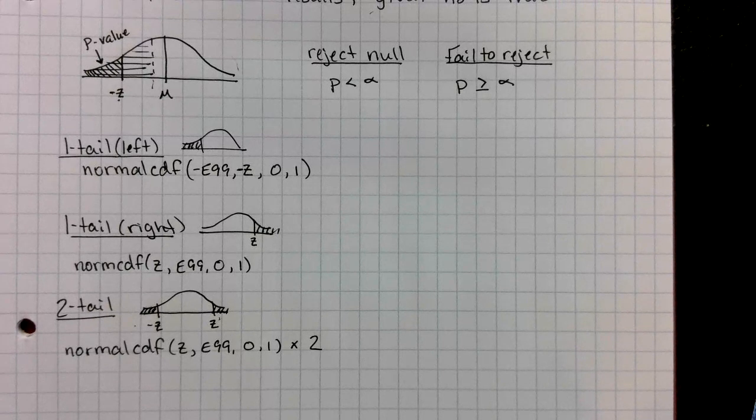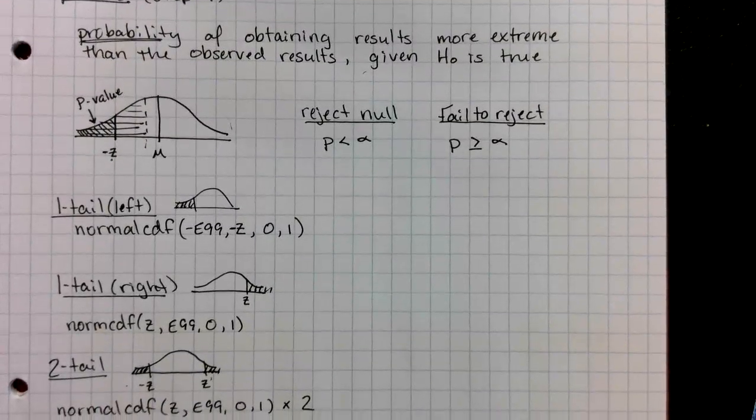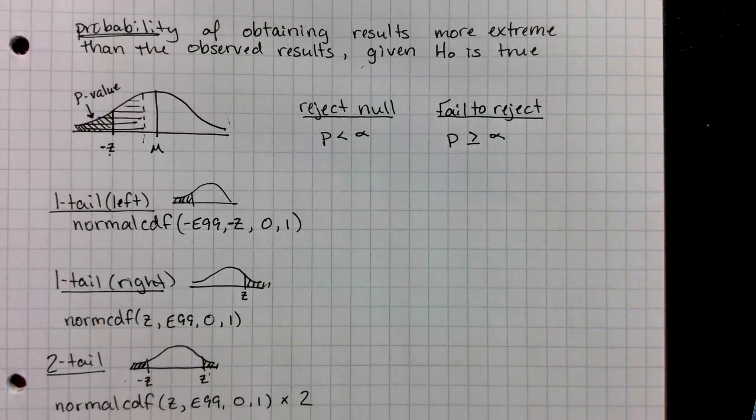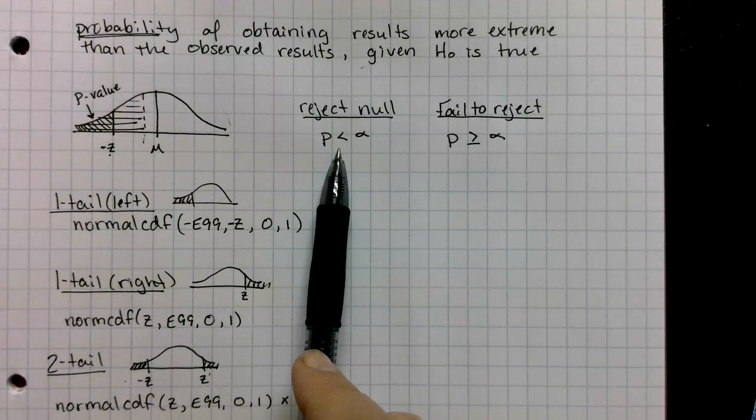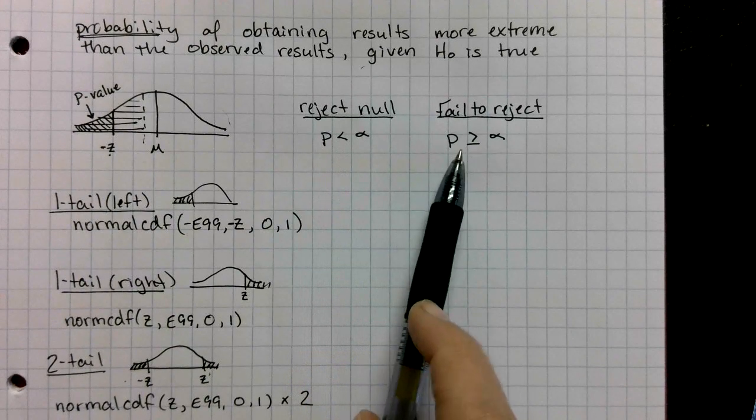But this at least gives you the formulas that you need for now. And so again, the whole big underlying idea here is this is the probability of obtaining results more extreme than your observed results, given that H sub 0 is actually true. So if your p-value is less than alpha, you reject the null. And if your p-value is greater than alpha, you fail to reject, which